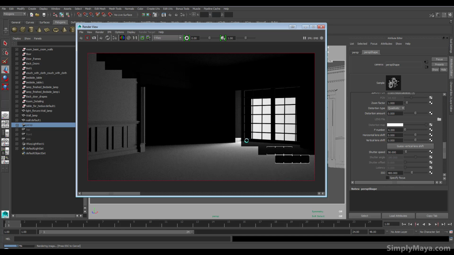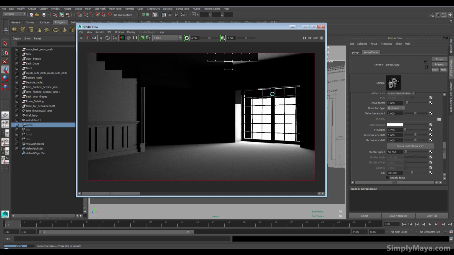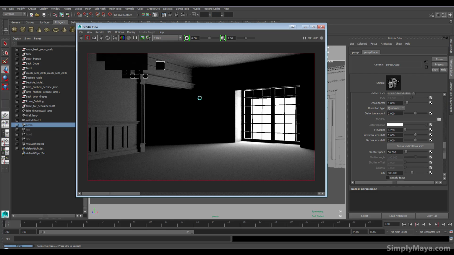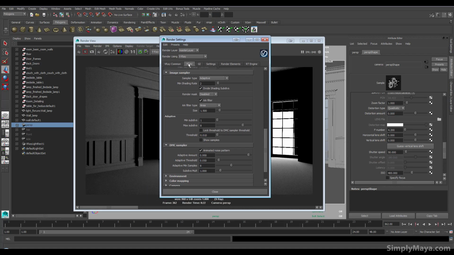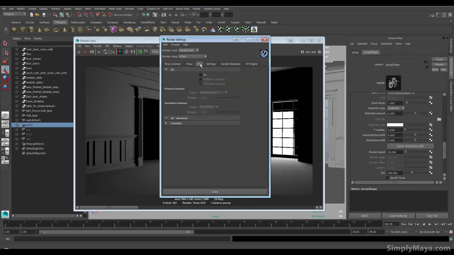We get exactly the light from this. It doesn't bounce about the scene at all, because you would expect some light to hit the wall here and bounce back here. You would expect light to spread out, and this is where we need the global illumination. So if I come up to the render settings again, and from VRay to GI, I'm going to turn the